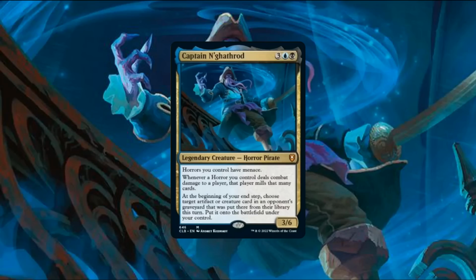to use our horrors to mill our opponents as they connect using their newfound evasion, supplemented by other mill sources to chew through our opponent's decks even faster, and then returning the choicest creatures and artifacts we mill to use against their owners. So, to maximize his capabilities, we'll be improving all 3 of these categories to make Ghathrod as